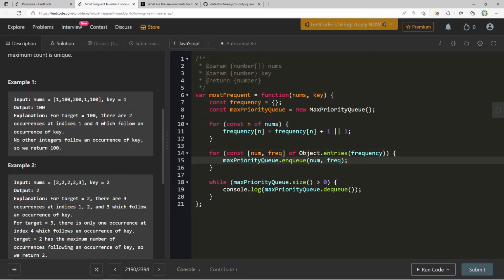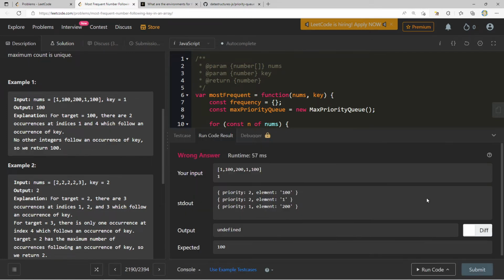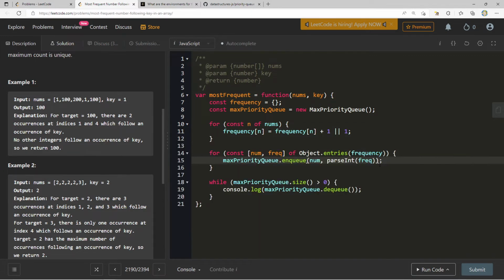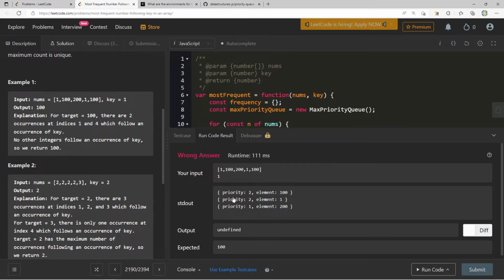Oh, because I would like to have this parseInt. I would like that to be a number and not a string. Priority and... oh, okay, wait. Yeah, it needs to actually be. Let's do frec here. And let's do parseInt of num, because it's setting it as a string. I need it to be a number. Okay. So I think what we could do now is, every single time we get to a 1,